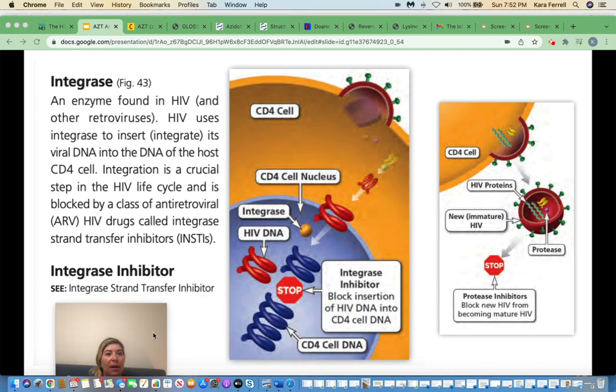Okay, and then this might be one of the last slides. So this is talking about integrase, another enzyme found in HIV and retroviruses. The integrase tries to insert itself in the viral DNA of the CD4 cell. Integration is a critical part of the HIV life cycle, but the antiretroviral drugs, the